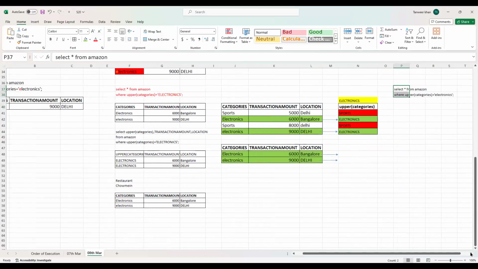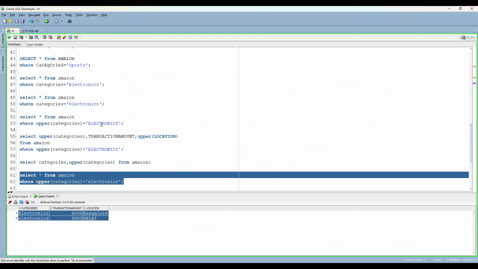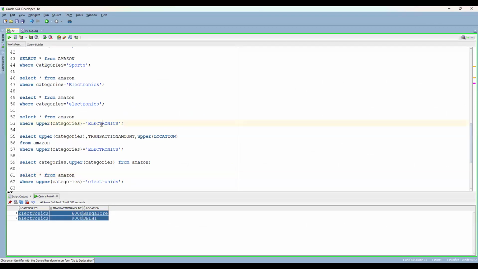It will throw an error. Why? Because we have written upper and we are writing electronics in small case. Any other thought, anyone? It will display only the lowercase electronics. Two answers I have received so far. Any other thought? It will show no